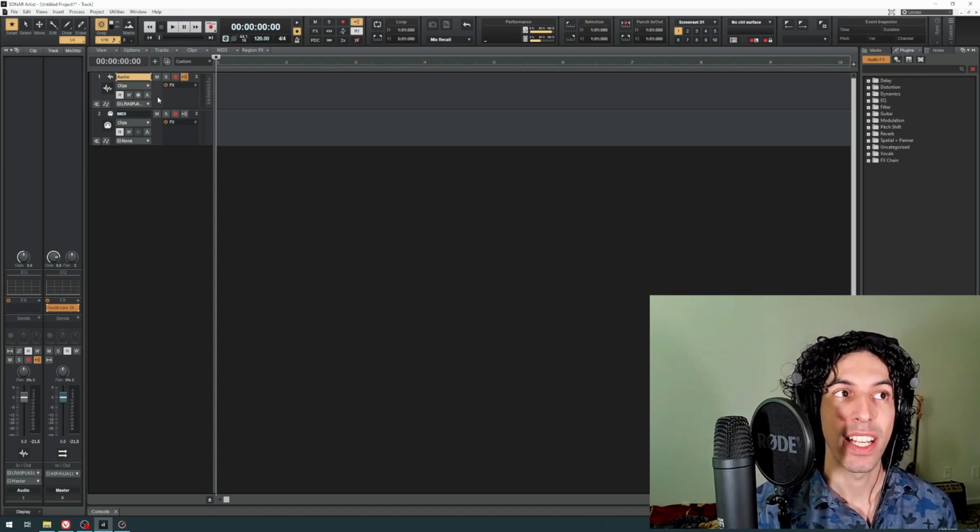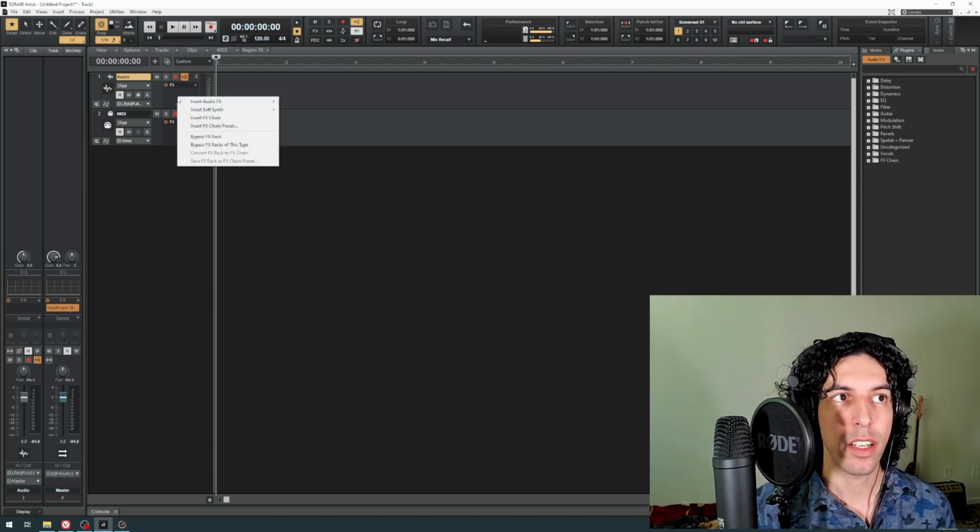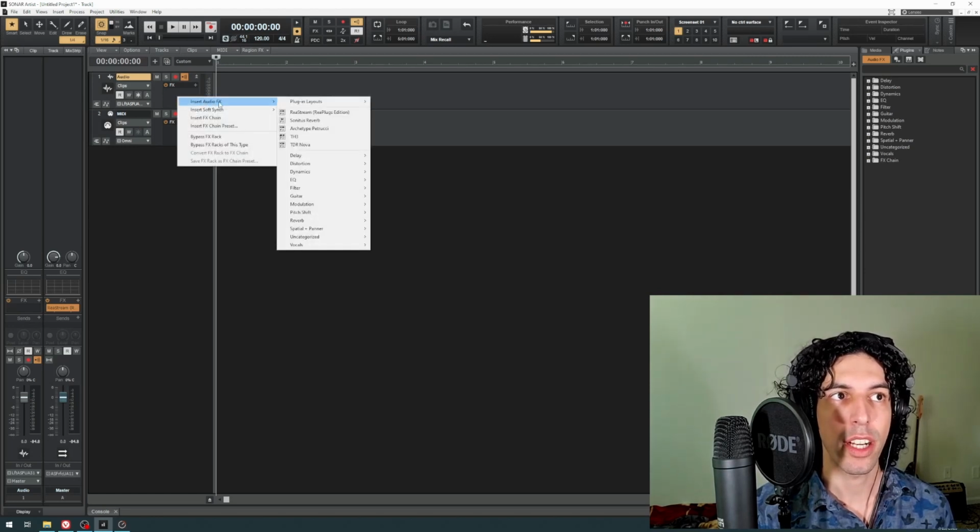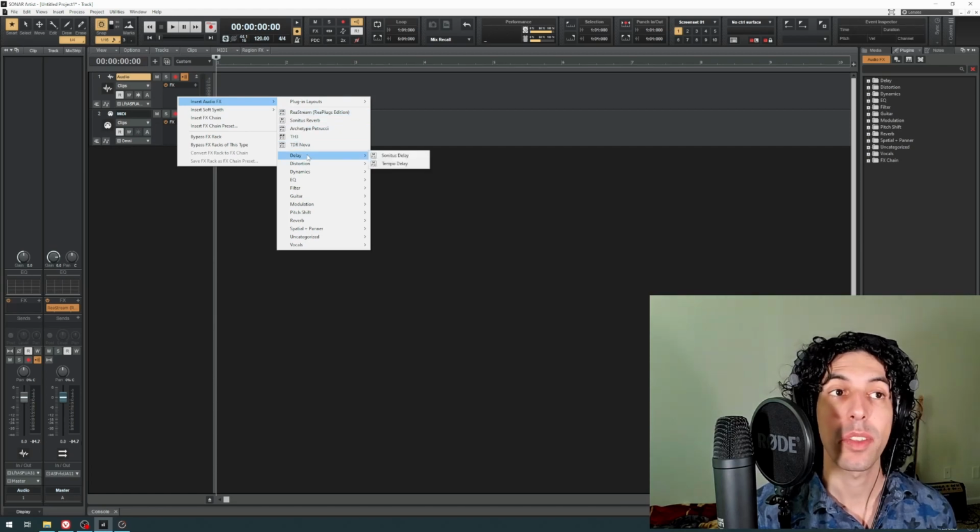Okay, so there's a couple things on the track that we have to know about, and those are effects. If I right click on effects, I can pull up insert audio effects, and there it'll show my different plugins. Now, Cakewalk comes with a lot of great default effects that you can use. Okay, and to list some of the ones that I use